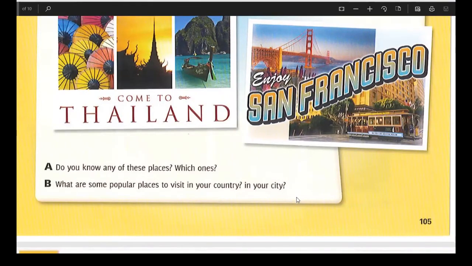Do you know all these places? Which ones? What are some popular places to visit in your country and your city? So the last, section B, you can write a short paragraph to talk about the popular places you like to visit in your country. For example, in Phnom Penh City, there are a lot of attractive and popular tourist attractions like the Royal Palace, the National Museum, Wat Phnom,